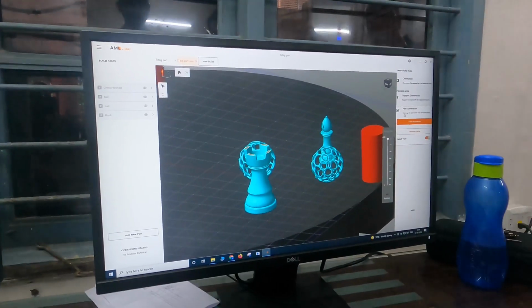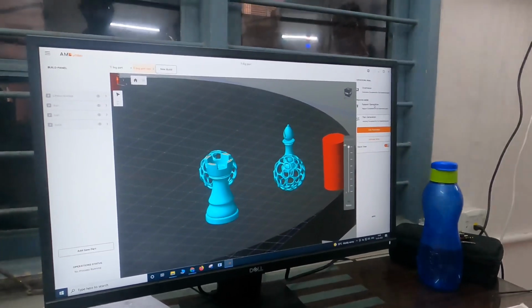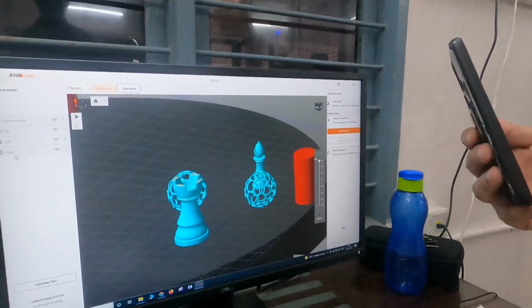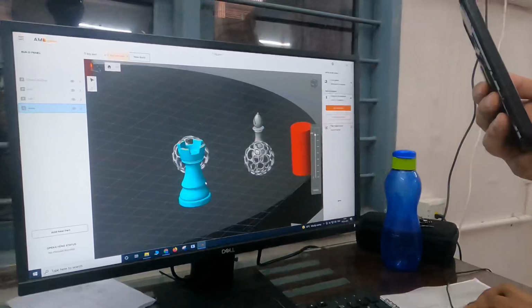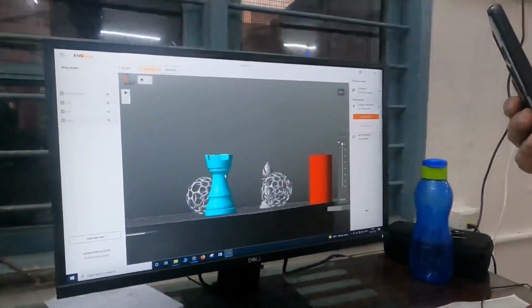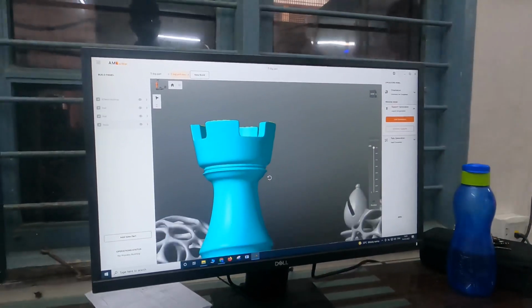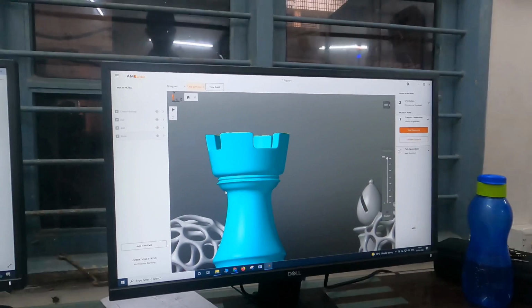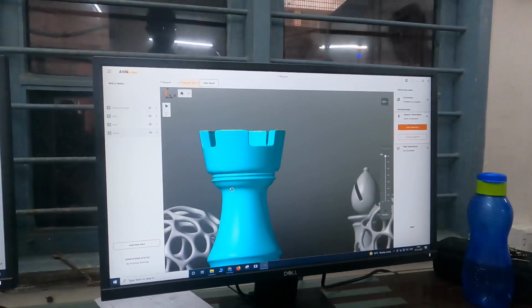Then one more thing I need to add here is the support generation. This is also a very important part of this building process. So let's imagine I have a roof here. If we have a large overhanging region, like this one, we can give a support here so that it will not fail during the printing.